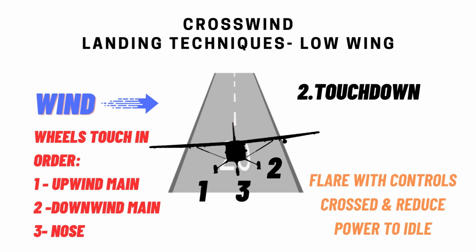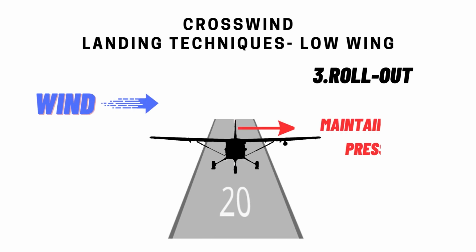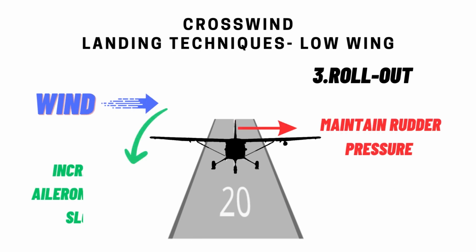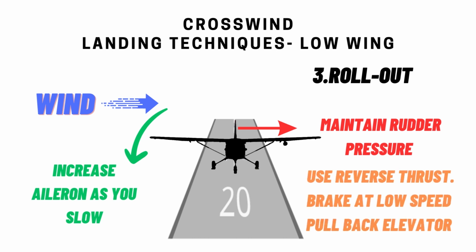Once you've got all wheels down, then you begin the next phase, which is the rollout. The rollout's normally where it all goes horribly wrong, so the important thing is not to lose concentration and to keep flying the aircraft. Once all three wheels are down, you're going to be maintaining the rudder pressure, increasing the aileron as you slow, but also getting that reverse thrust in. I find if you apply heavy braking while the aircraft's still moving quite fast, you're not likely to brake